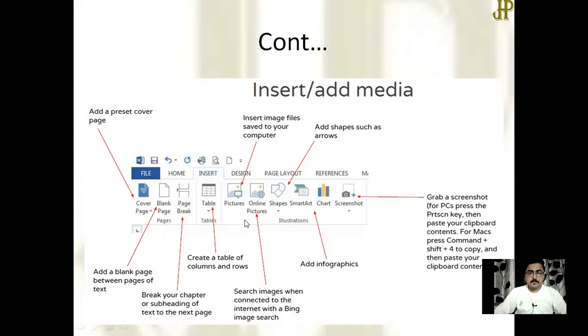Other than this, the functionality related to illustrations. As the name suggests, if we want to illustrate something using shapes, pictures, or charts, then this section will be useful.